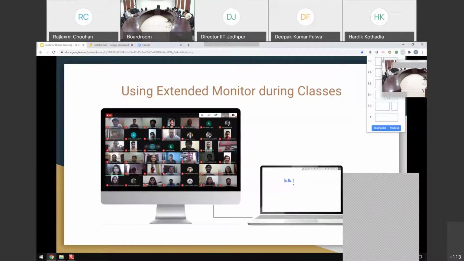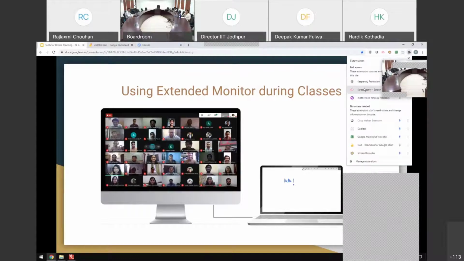It will split your screen into two parts depending on what ratio you want. Of course, if you have a big screen, it's better. On a laptop, splitting a screen into two will make it difficult for you to see the presentation. But like Shama was asking, if you just want to focus on the chat option, you just want to see the chat button, in that way you can split a screen. If you don't have an extended monitor, use this extension. It's called DualLess. This particular extension serves as an extended monitor.